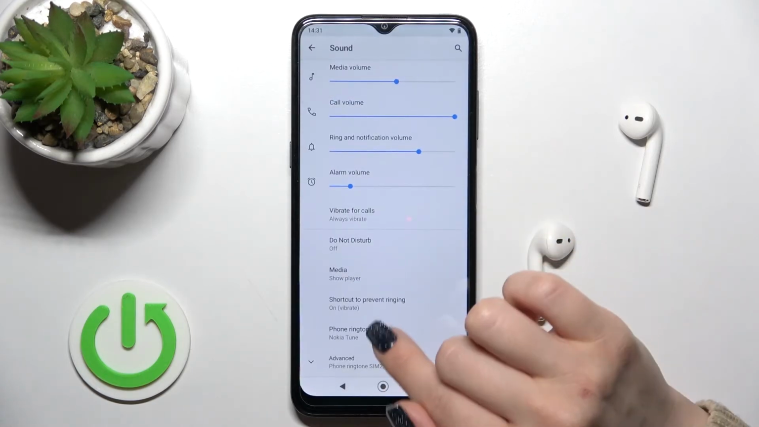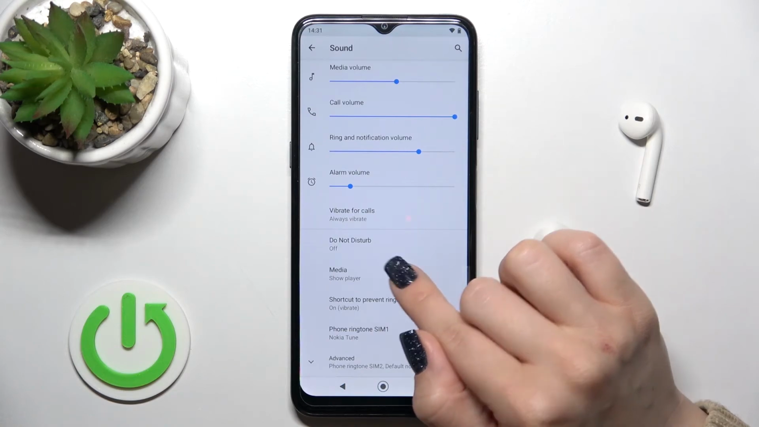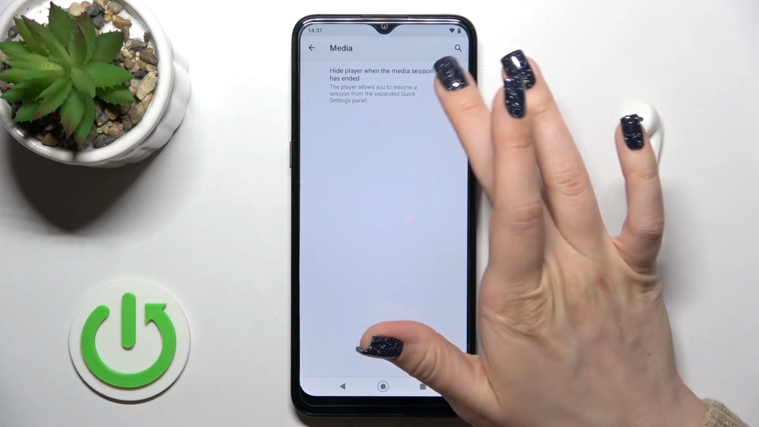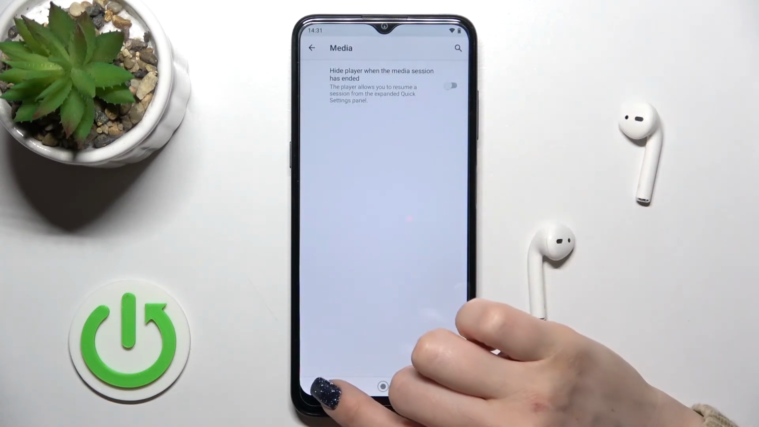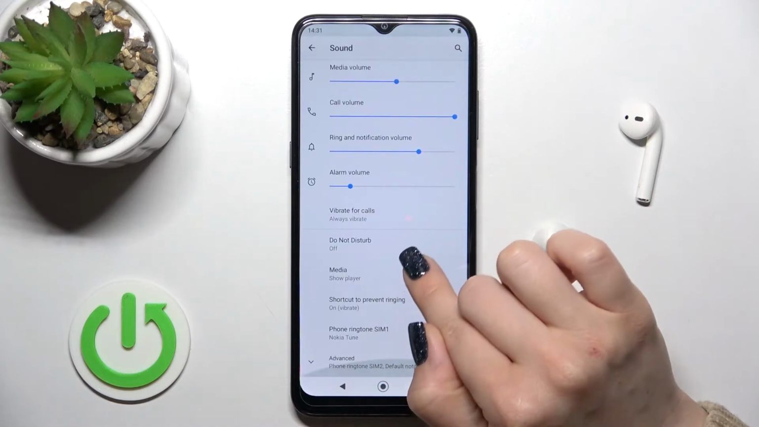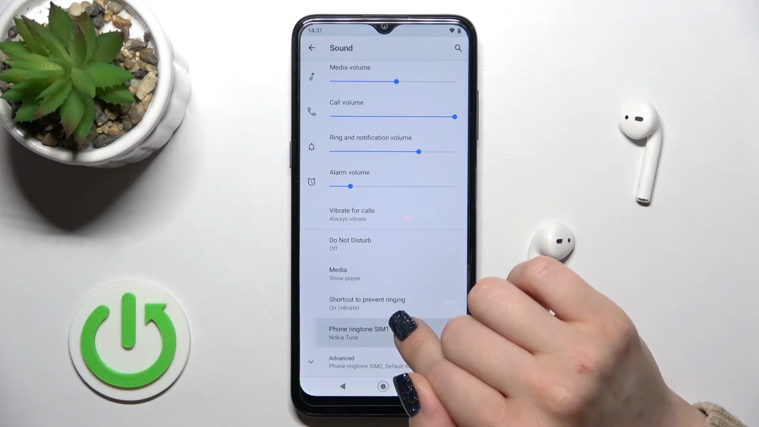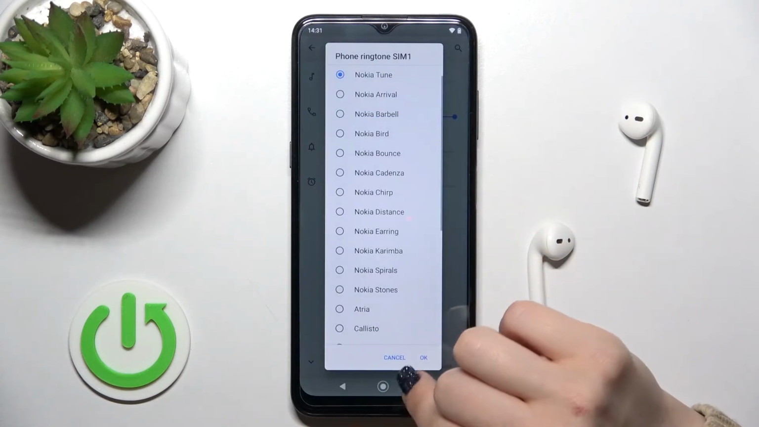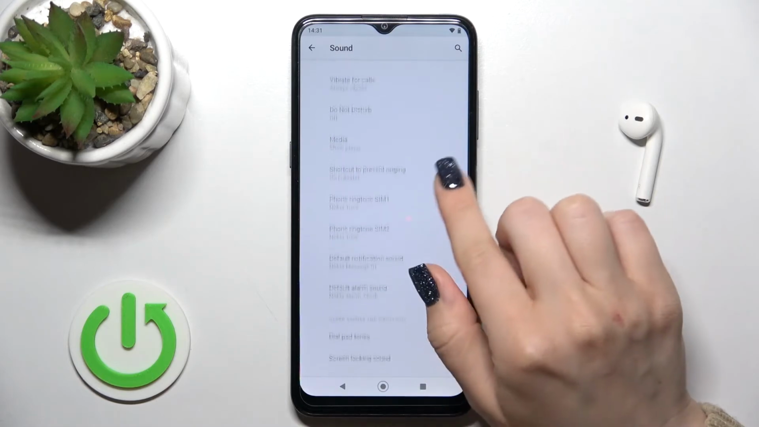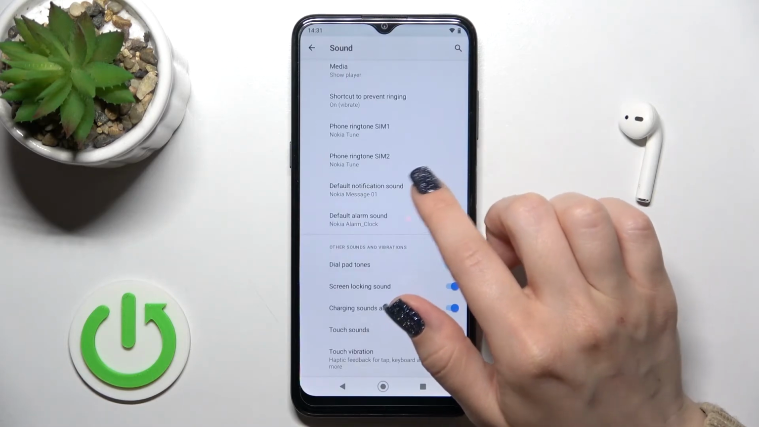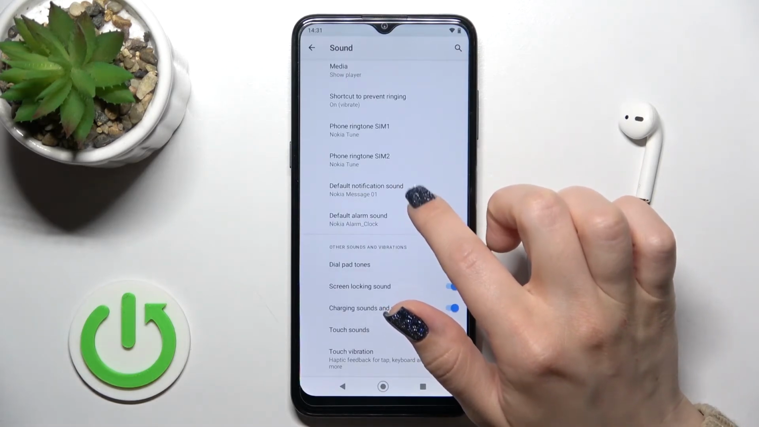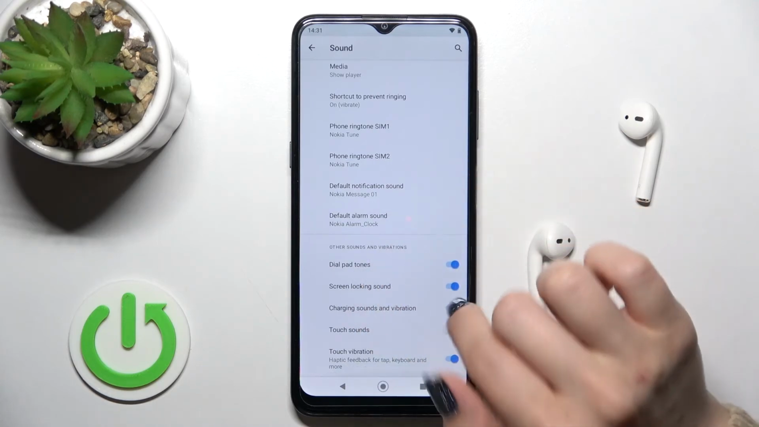So also we have here the media section. We can hide the player when the media session has ended, and also we can here switch the phone ringtone. And in advanced settings we can change here the notification and alarm sounds, and we can turn on or